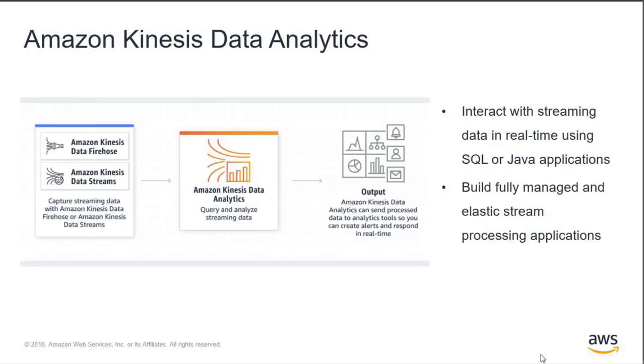Amazon Kinesis Data Analytics is a service that allows you to easily process and analyze streaming data in real time. You can consume data from Amazon Kinesis data streams or Kinesis Data Firehose, process it using your code, and then write it to any destination. We provide two language supports, both SQL and Java. Java is powered by an open source framework called Apache Flink, which we're going to cover in depth in the next 10 or so slides. It allows you to build a fully managed and elastic stream processing application without any servers, and takes care of all the infrastructure required to do things like manage state, as well as automatically scale, and so on.